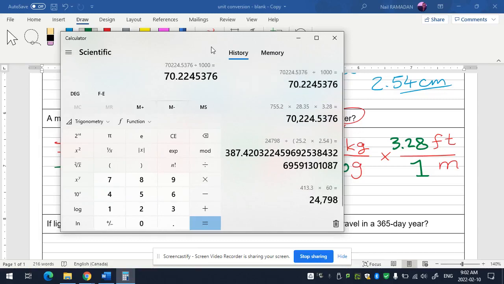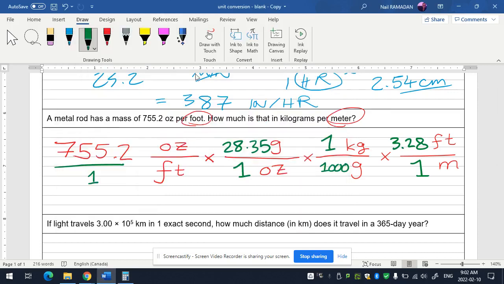What's the sig fig situation for this problem? 755.2 has 4 sig figs. So somehow we need to cut this at 4. So it's going to be 70.22, because the 4 does not do anything to the number before it. So the answer is